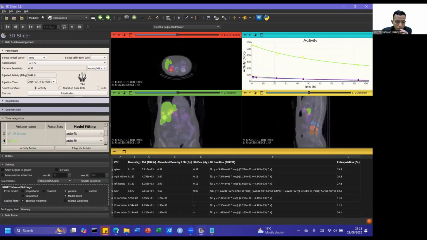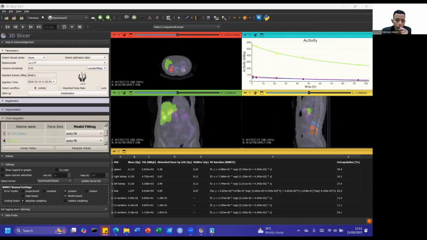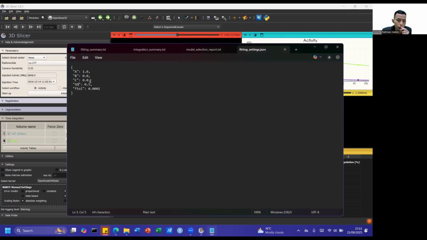For the Poisson error model, the value of A equals 0, the value of B equals the fractional standard deviation, and the value of C equals 1, not 2 like proportional. So again, in the settings, the A, B, C values will be ignored, and the value of SD will be considered as a fractional standard deviation.